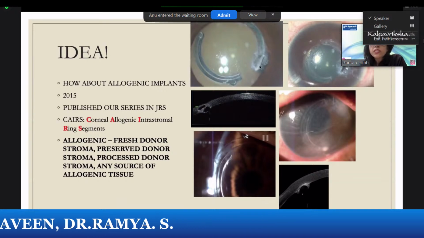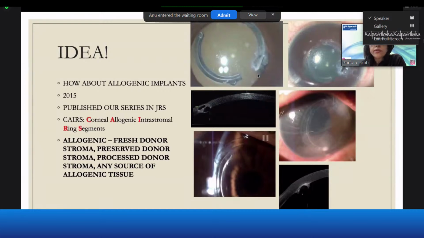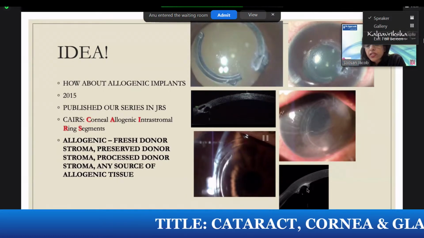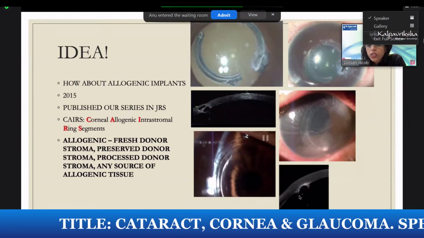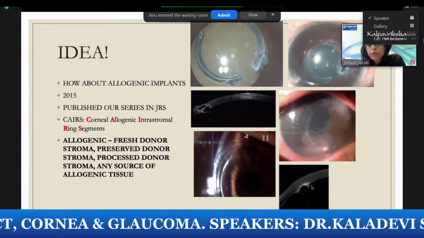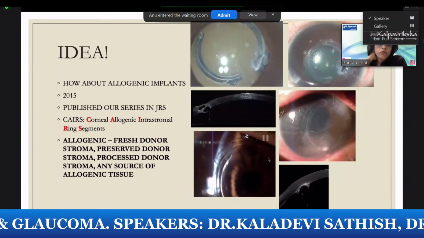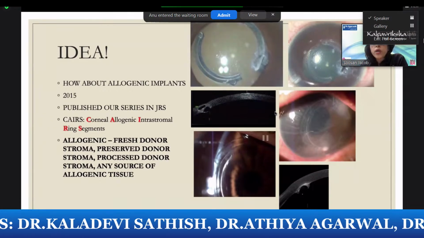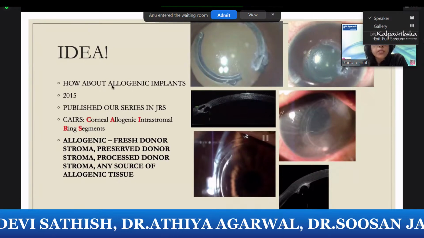But the problem with these synthetic segments was that PMMA, or any synthetic segment, does not do well within the cornea, just because it's synthetic. It can cause corneal melts, necrosis, overriding, and, as seen in this case, infectious keratitis. You even have case reports of intrusion or melt within the cornea into the anterior chamber, causing a hydrops. These are my own patients. When you have a long-term follow-up, because synthetic does not do well, these are problems known to happen, and you often have to deal with this in many patients.